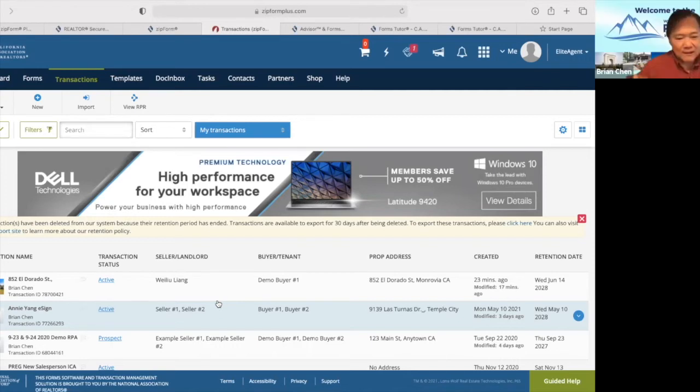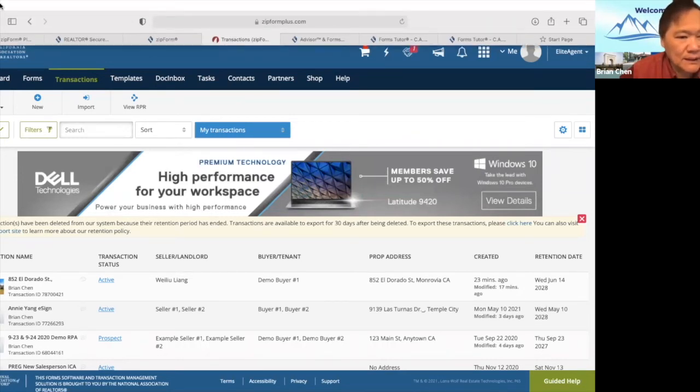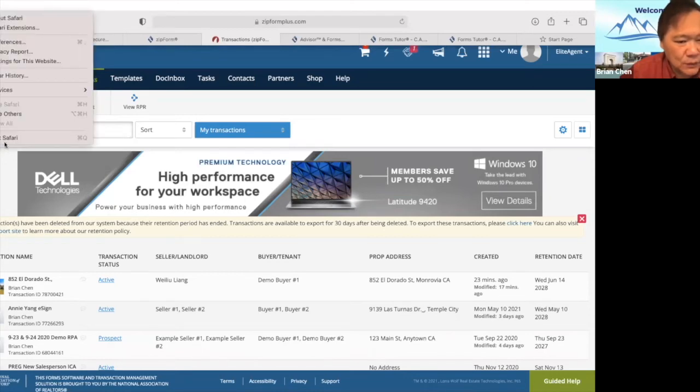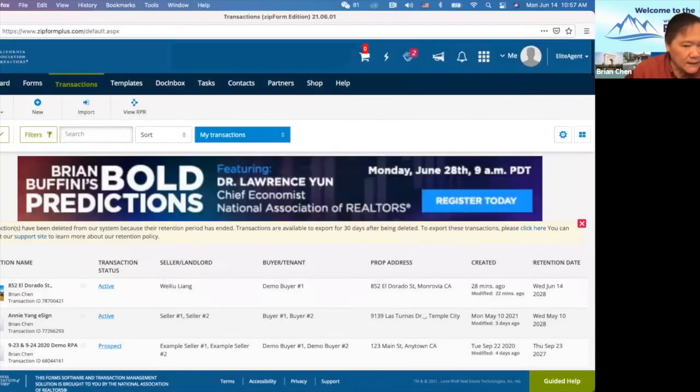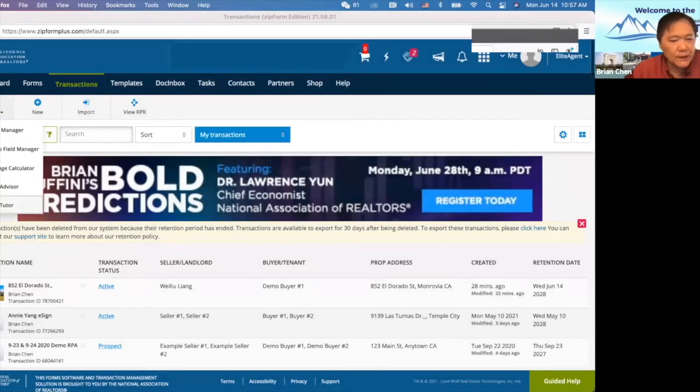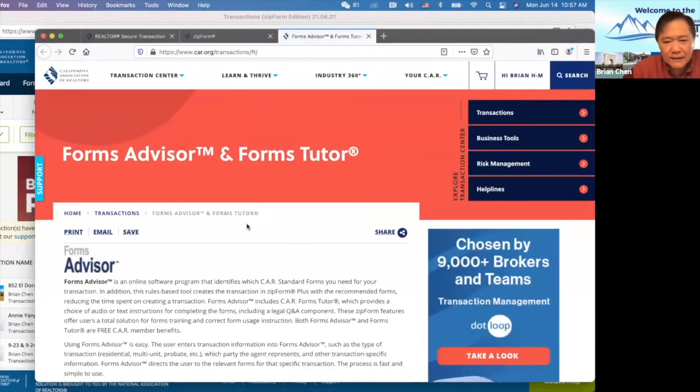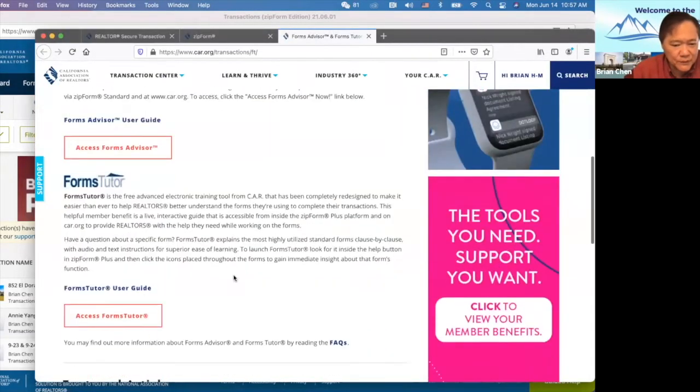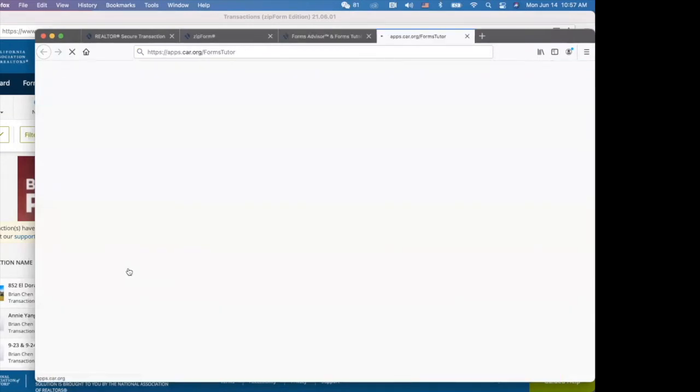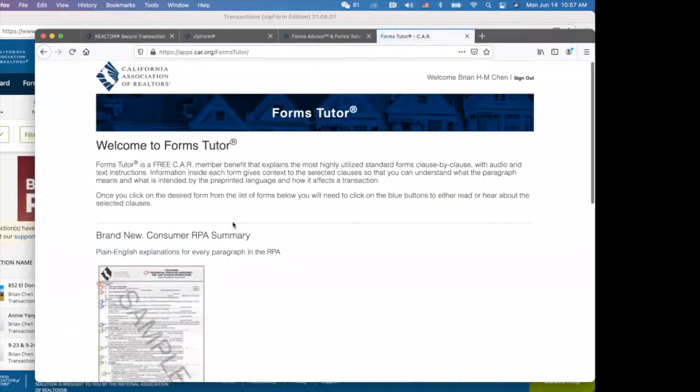Oh, okay. Let me not use Safari. Let me log out of zipForm again. Let me shut down my Safari, quit Safari, and use another browser. It could be a browser issue. And then I go to Forms Tutor. You guys are seeing the screen change to Forms Tutor, right? Yes. Good. Let me go to